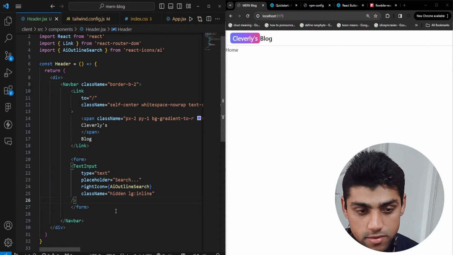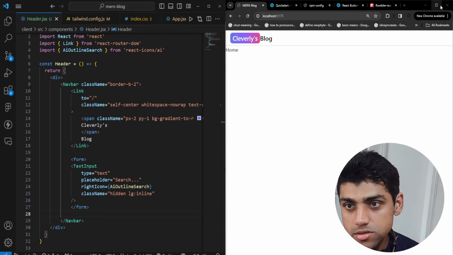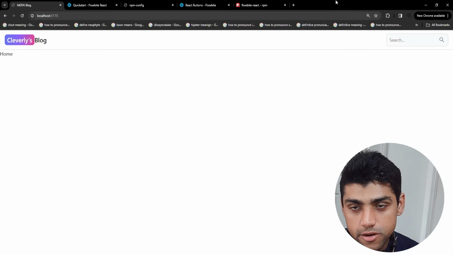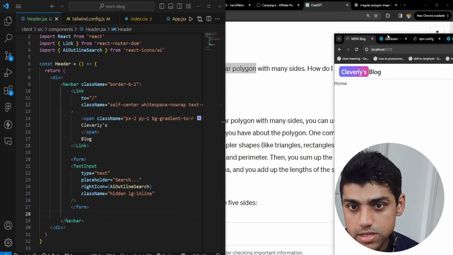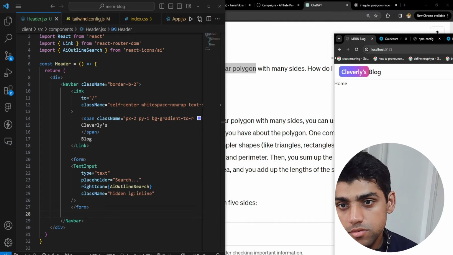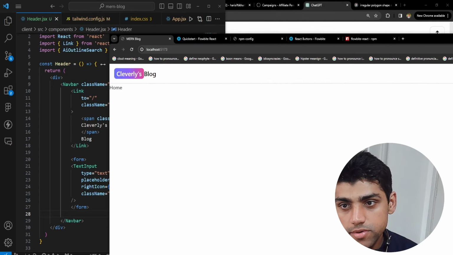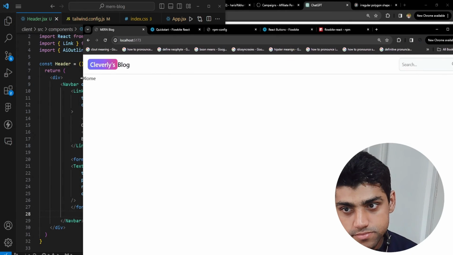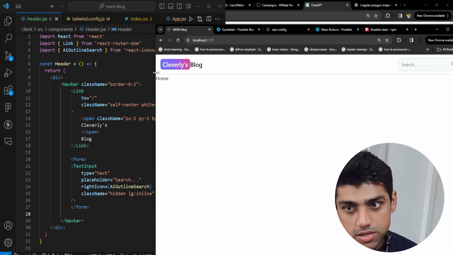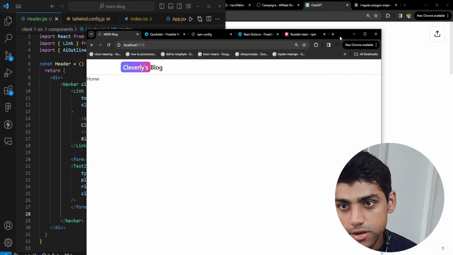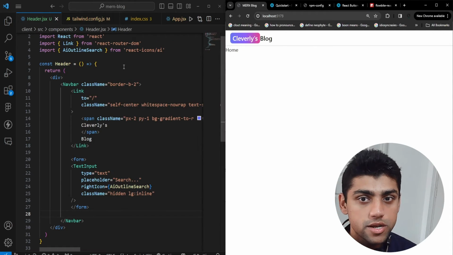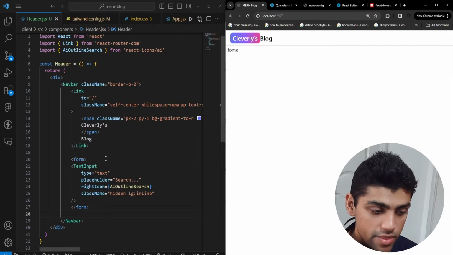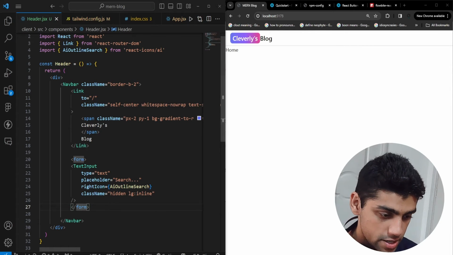So we have that. Let me just maximize the screen, and you'll see that the input field is there. When I make it smaller, it's going to disappear. So you can see over here. So right now it exists, right? But when I make the screen smaller, you see it just disappears right here. That's what we put over here, hidden. Okay, great. So now that we have done all of that, which is great, we want to move on to the next part,